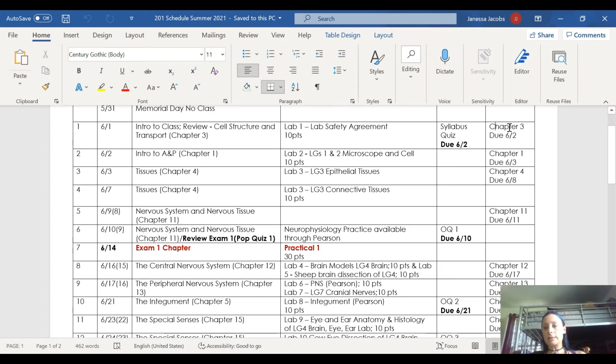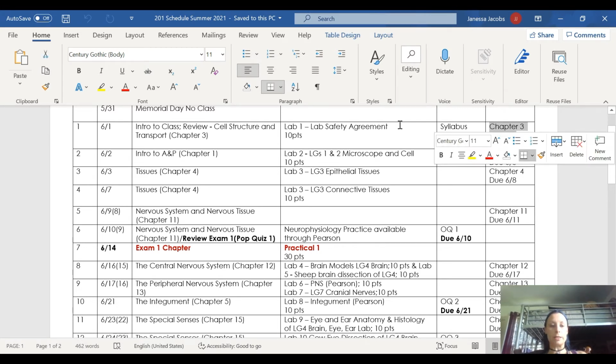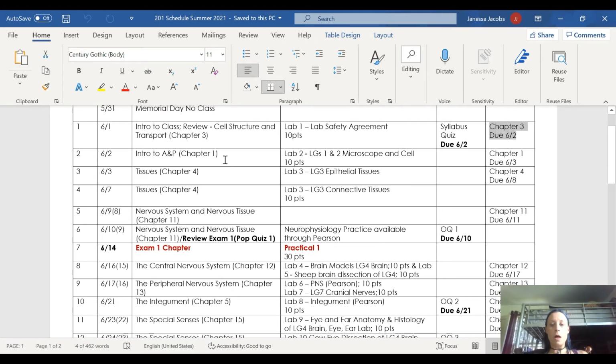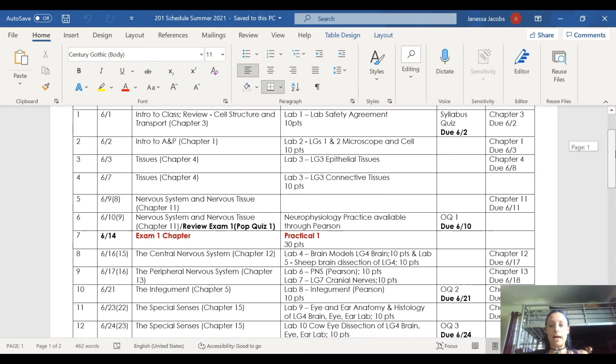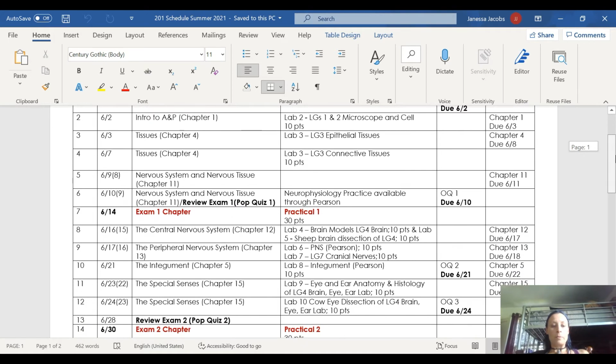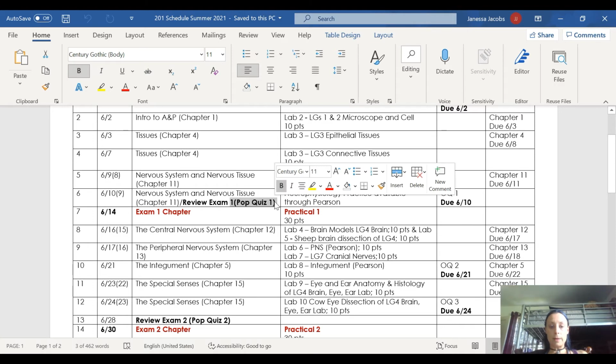Your Chapter 3 assignment or your Chapter 16 assignment will have a due date posted for the day after you finish the material. But it will actually be due on Sunday. Again, because of that, I'm not accepting any late work. You can see here, for the 201 class, you have a review for your exam on June 9th or June 10th. There's a pop quiz that day. I'm not going to announce pop quizzes in class.